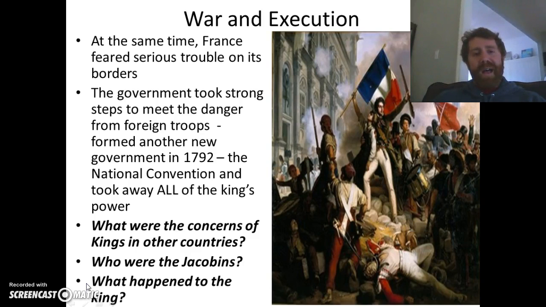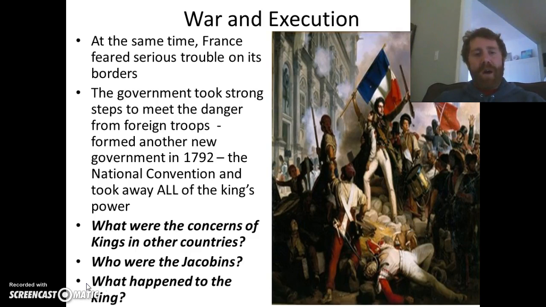Women still do not have the right, even though they have taken a large, major role in the steps of this French Revolution. They still do not enjoy the same political rights that men do. So the National Convention now has absolved the monarchy, declared universal male suffrage, and changed France into a republic. Most of the people that were involved in creating this National Convention and all these political changes were members of a radical political organization known as the Jacobins.